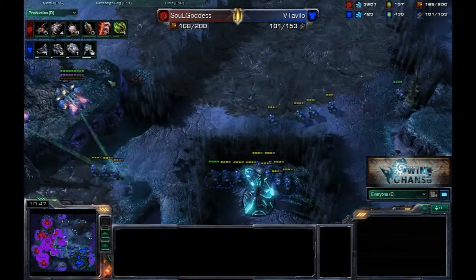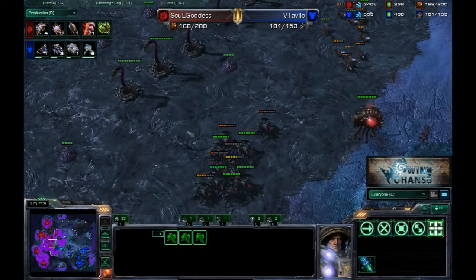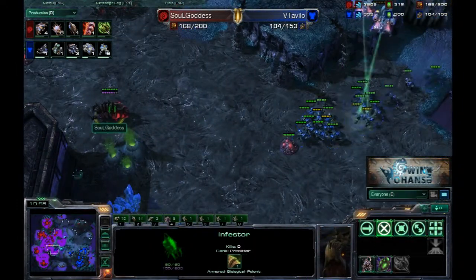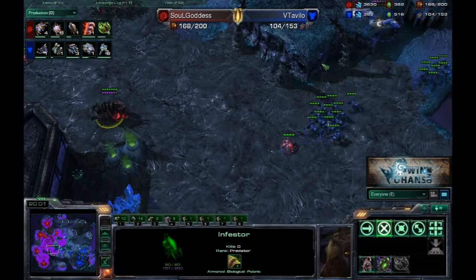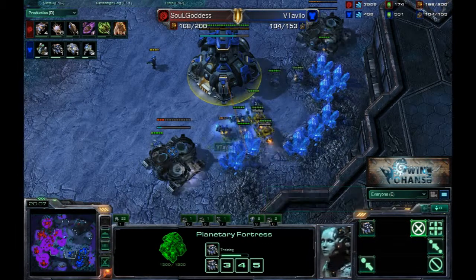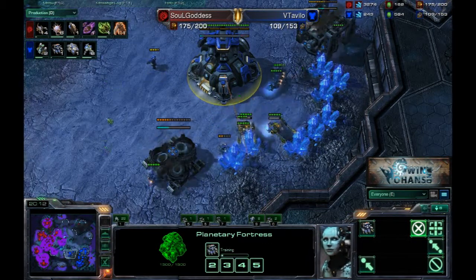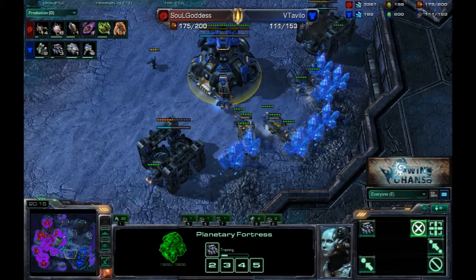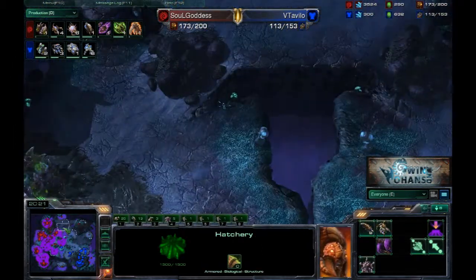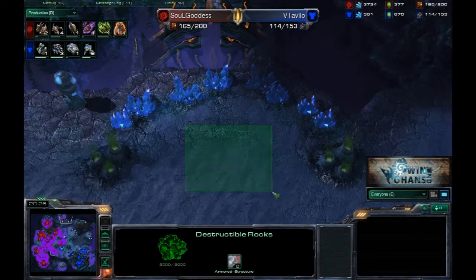He's got 5 bases up and running now. The 5th one not saturated yet, but hey, with 90 drones, or excuse me, 83 drones, he can pretty much do whatever he wants. He certainly can, and we do see that 3rd planetary morph there. But Soul Goddess in a commanding lead, almost with a 70 food lead in this game on 5 bases now. I wouldn't be surprised if we see him bust down these destructible rocks and take the center top base as